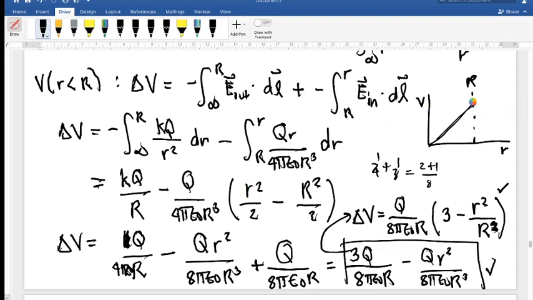So your r is your potential outside. So yeah, so